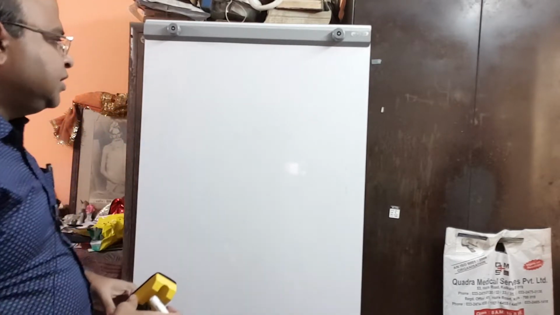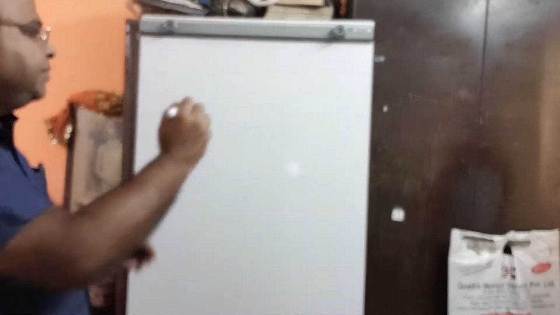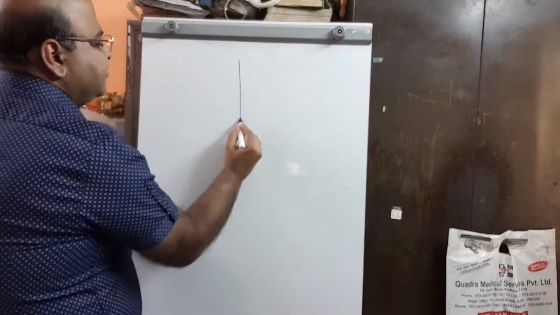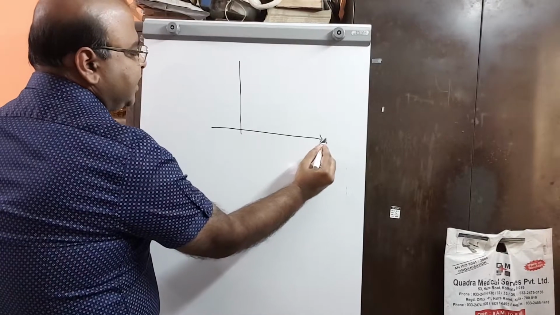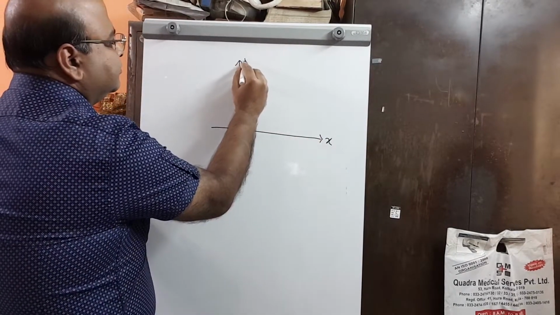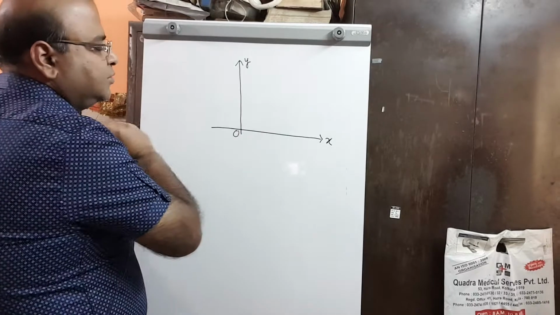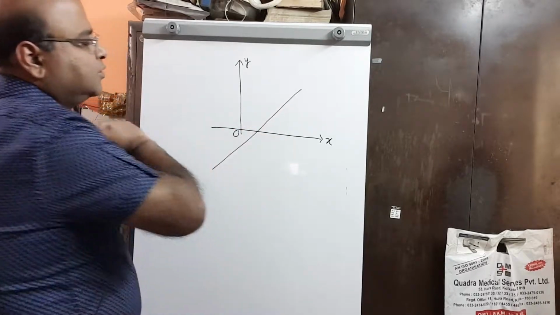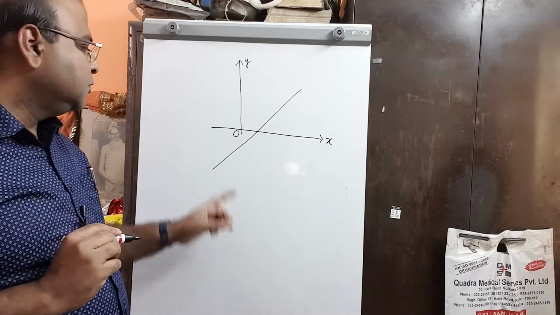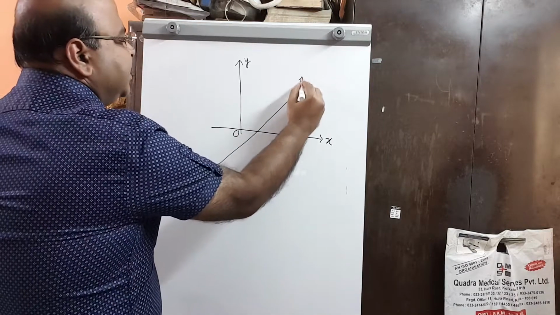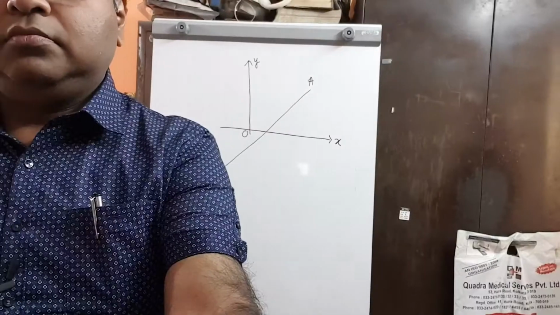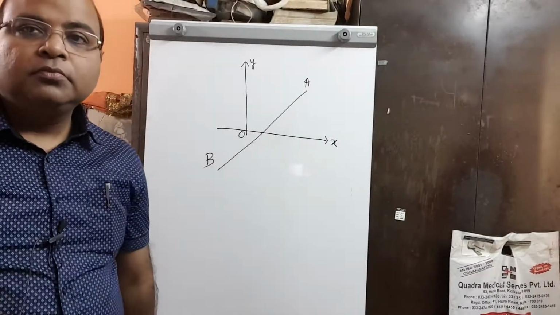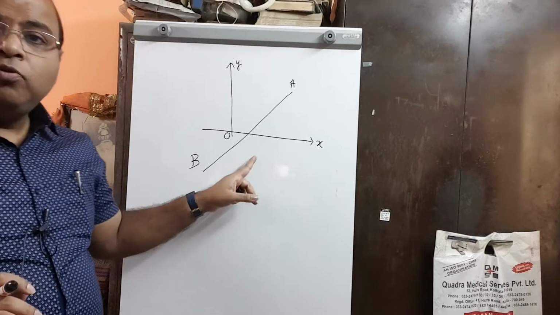If we consider our coordinate reference frame, that is, our x and y axes, with this being the origin, and say we have a straight line on the plane named AB, let us consider this line AB on this plane. Now, by the slope of the line AB,